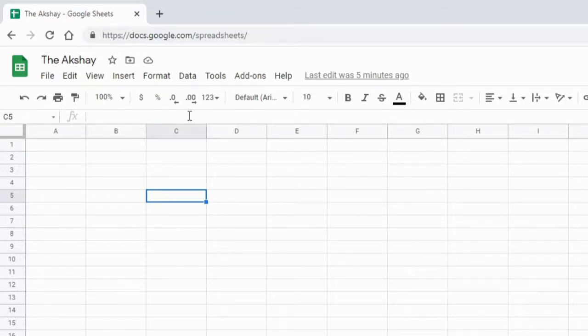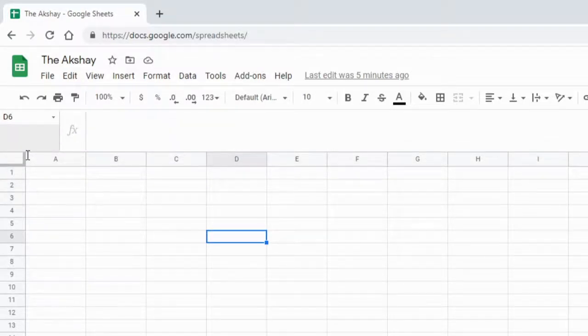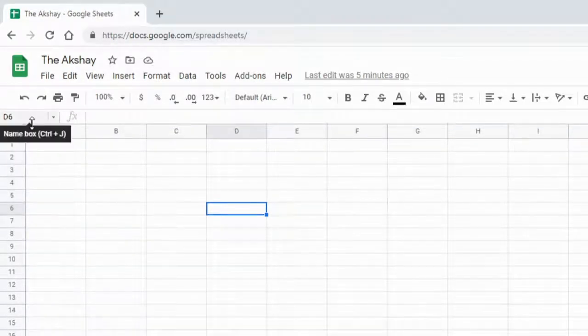Here we have the formula bar. Once you have selected a cell, you can click here to type in the cell, or you can also start typing directly once you select a cell like this, or you can also double click on the cell to type. Typing from the formula bar is helpful when you have a large formula. You can drag this below like this so that you can see your whole formula when it is a large formula.